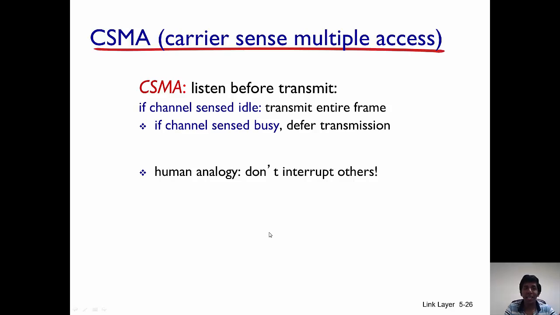Having given you a basic idea of these random access protocols, we'll go into something a little bit more sophisticated, something that's actually used. That is CSMA, which is Carrier Sense Multiple Access. What it does is sense whether the channel is busy before it transmits. If the channel is busy, it defers its transmission. It makes sense, right? If you have something to say, and somebody else is speaking, it's courtesy not to interrupt others. Let that person complete what he or she has to say, and then you can speak.